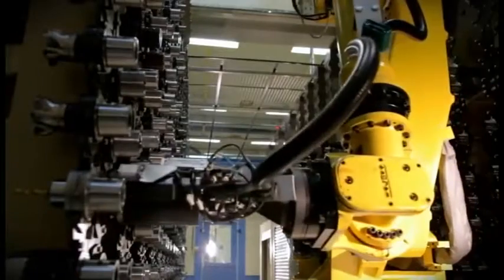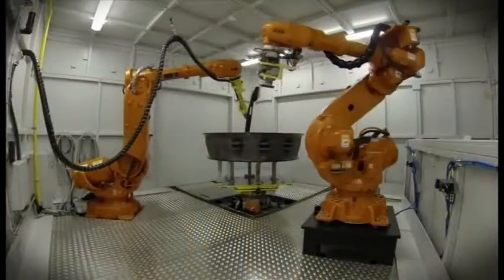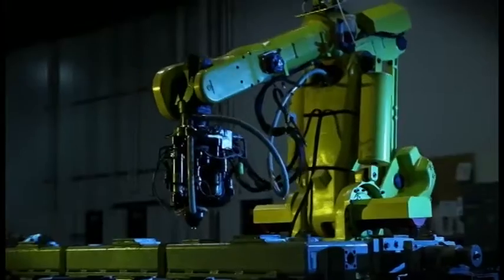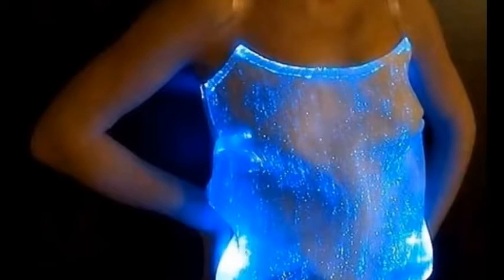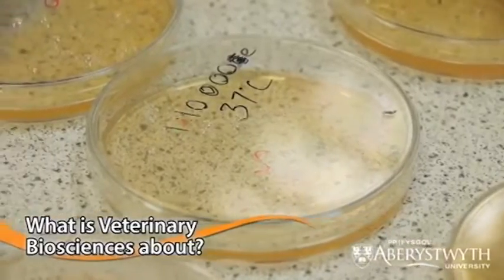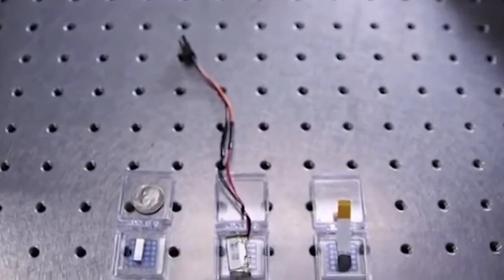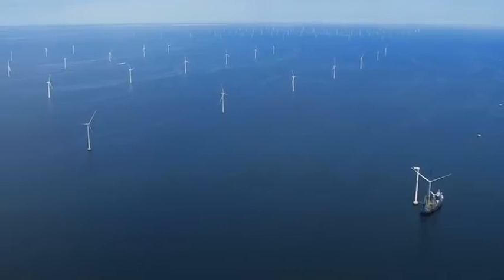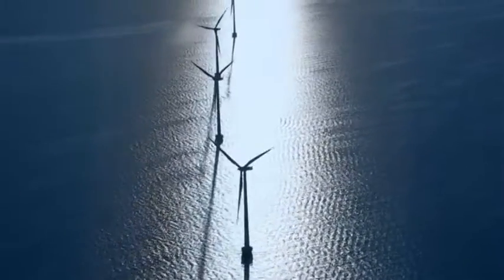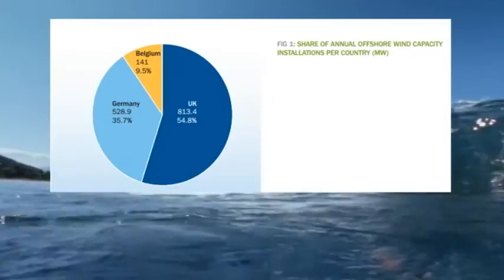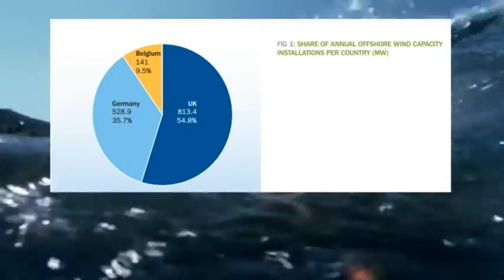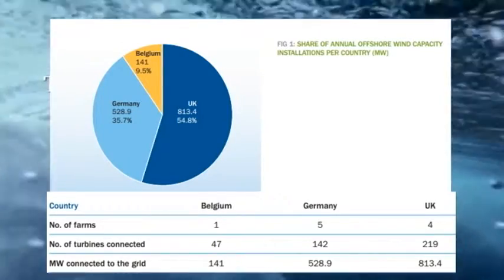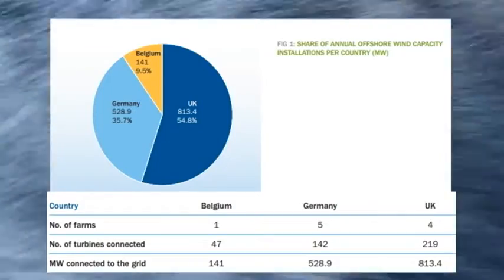industry. The future of UK economic growth will be driven by innovation in 4 key technological areas: advanced materials, biosciences, electronics, sensors and photonics, and information and communication technology. Britain gets more electricity from offshore wind farms than all other countries combined. In 2012, it added nearly 5 times more offshore capacity than Belgium, the next keenest nation, and 10 times more